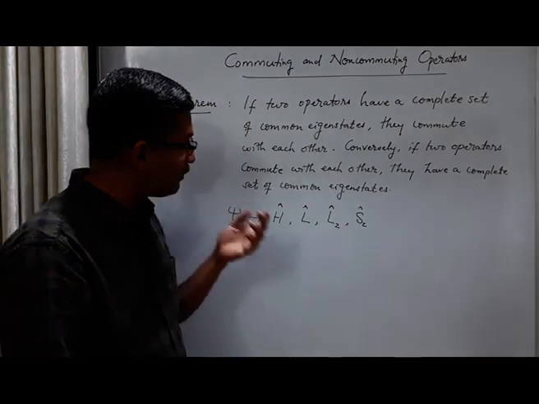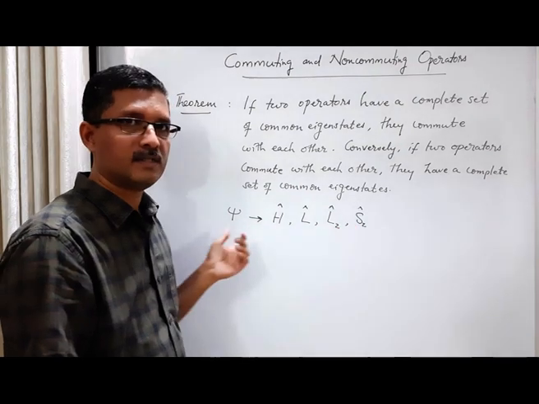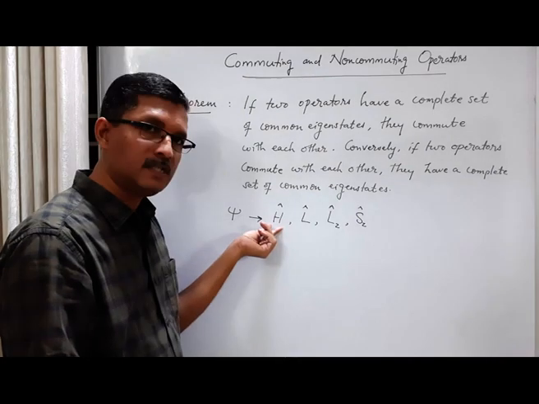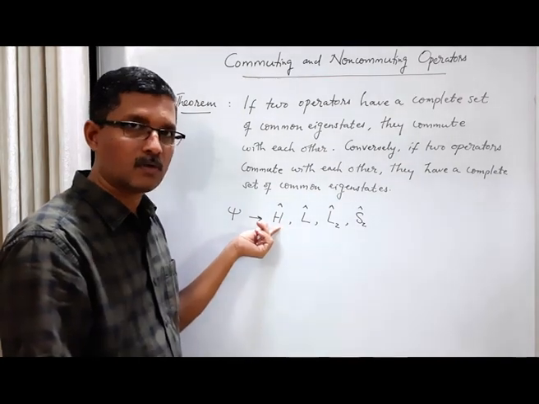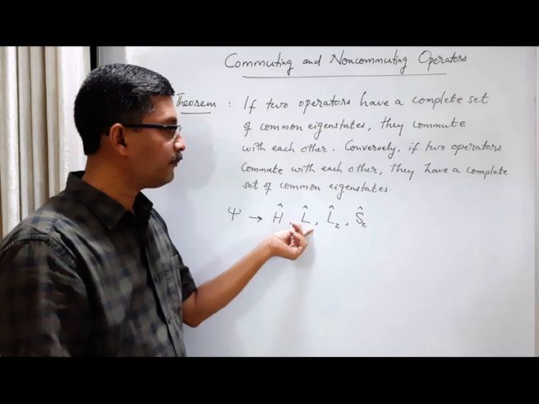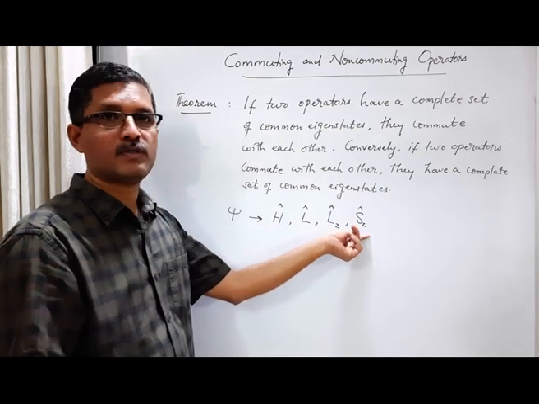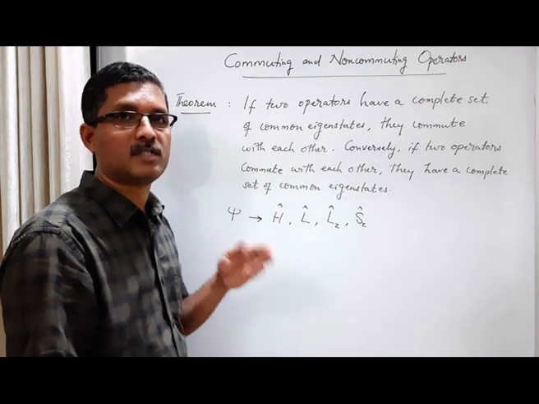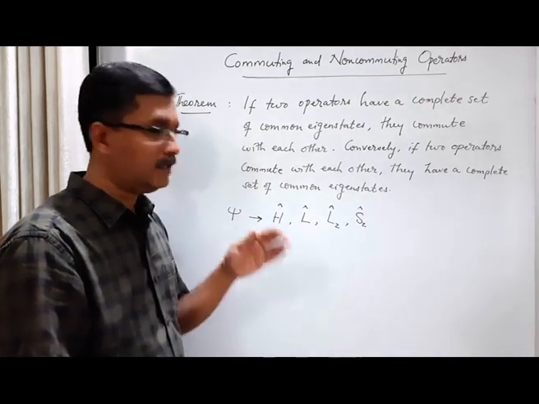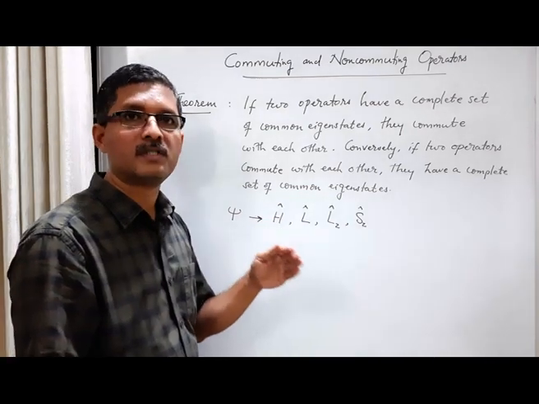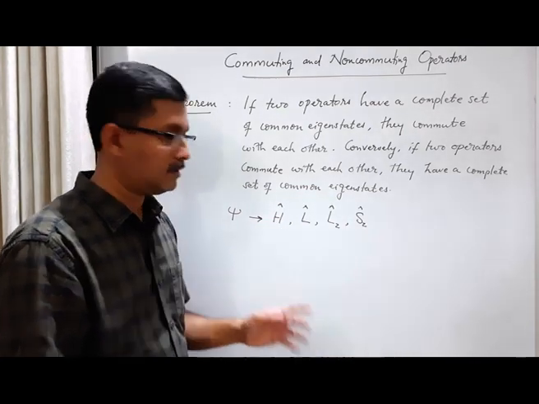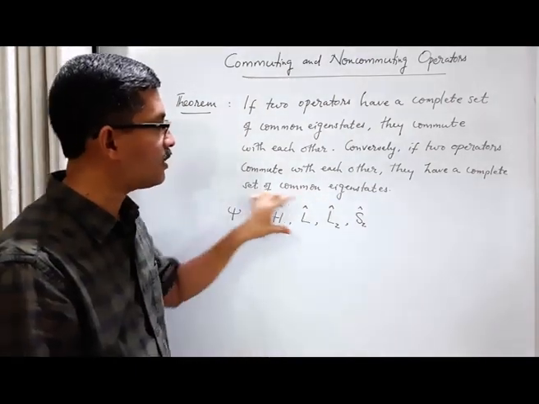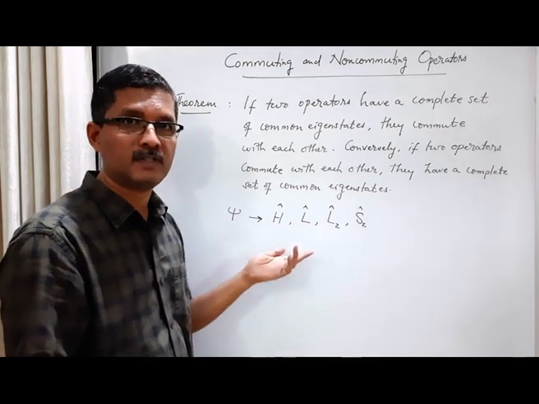Also, if we measure these physical quantities in any stationary state of hydrogen atom, the Hamiltonian operator represents total energy, then angular momentum, z component of angular momentum, and z component of spin. If you measure these four physical quantities, all of them are sharp. Each of them gives its own distinct eigenvalue in this eigenstate. This is a common eigenstate, so all these four quantities are sharp and they are compatible with each other.